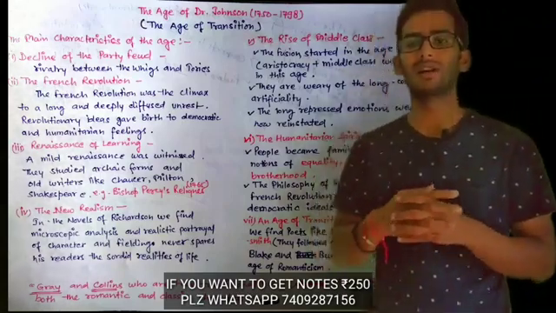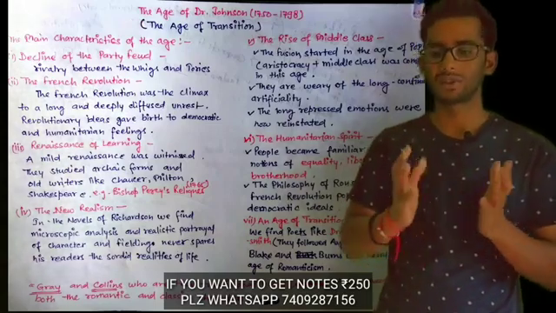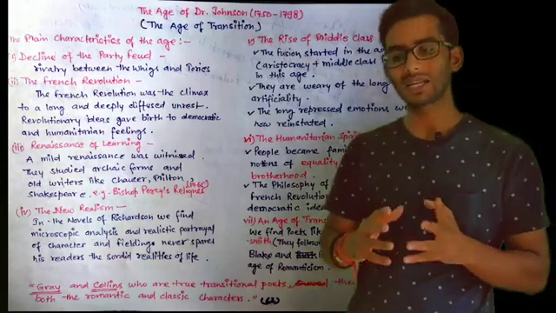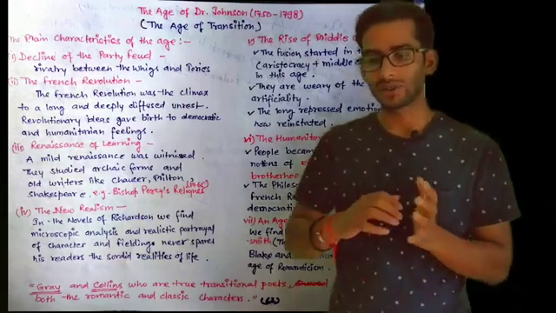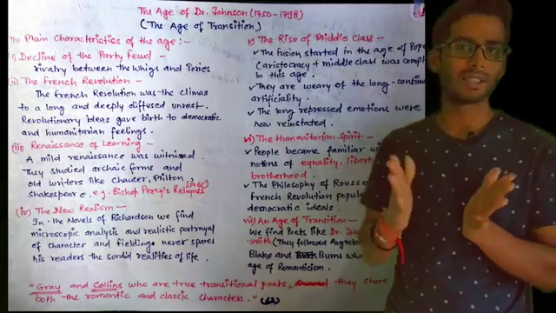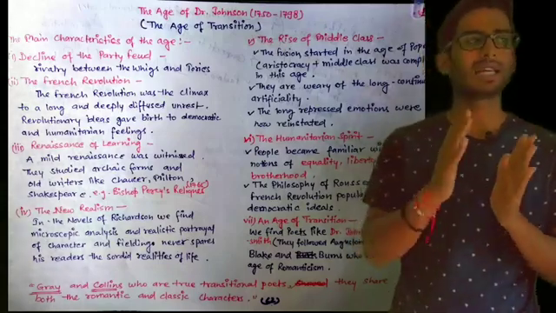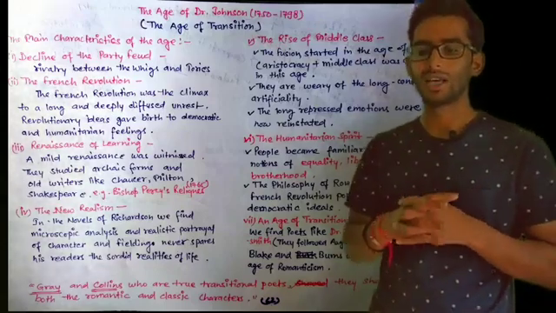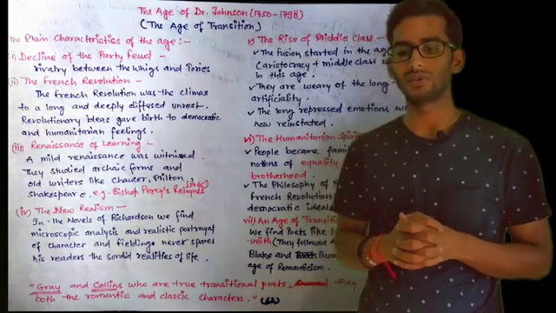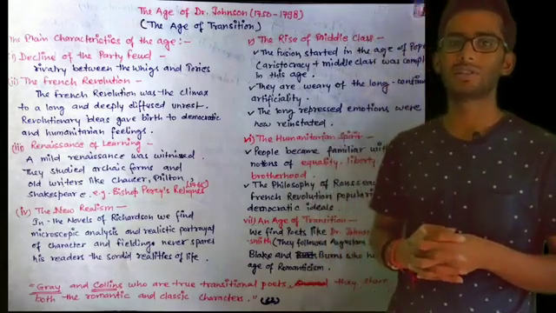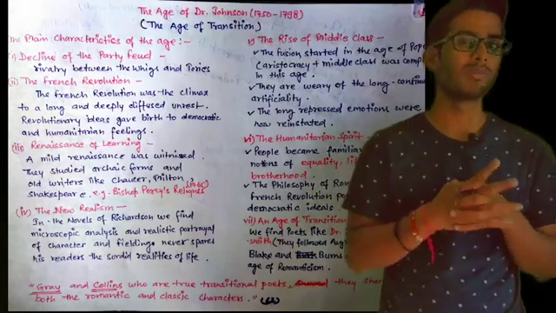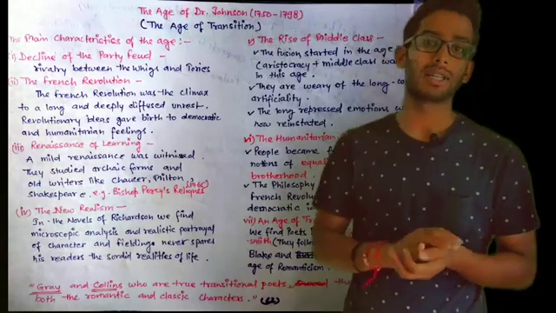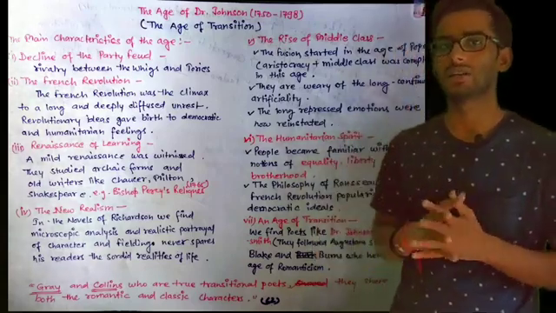The rise of middle class. So this was the time when middle class was rising, and the fusion started in the age of Pope. Aristocracy plus middle class was the character of this age. So there were two main categories: one was aristocracy and second was middle class. Middle class was rising. They were weary of long continued artificiality. Now they don't want the artificiality of the age of Pope, like we studied previously, like The Rape of the Lock is a work where artificiality was shown.